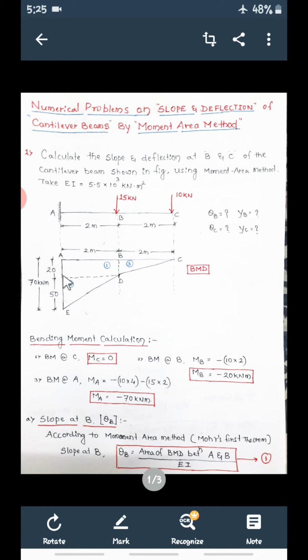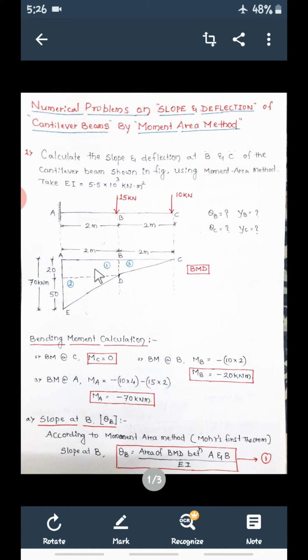Okay, connect this. So can you see the rectangle here? Okay, this rectangle, mark it as 1, area 1. Then automatically there will be a triangle here. This is 2 and this is another triangle 3. So this total area of bending moment diagram will be divided into area 1, area 2 and area 3. So this is 70. Now this is 20 means this is 20. Alright, and remaining is this is 20 means out of 70 it will be 50. So 50 plus 20 total 70 here.